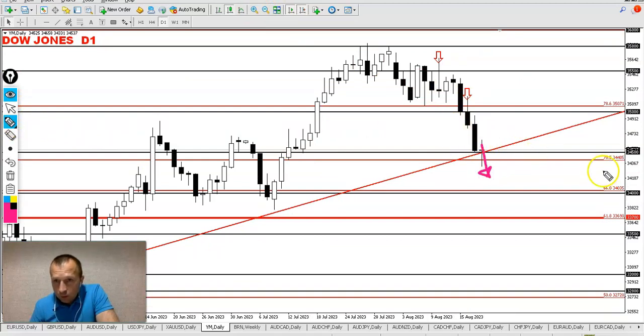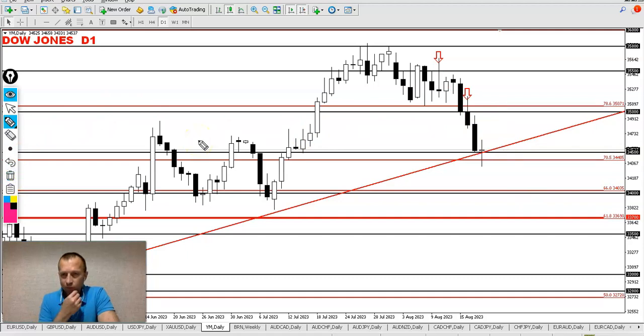Sellers will push price below 34,500. This level. On Friday it was just a pause. You see some doji candles, and we can see some correction to the upside up to 35,000. I presume so. I'm not sure, but this is what I see now, because after some run to the downside, we can expect a pullback and then continuation selling to the downside.